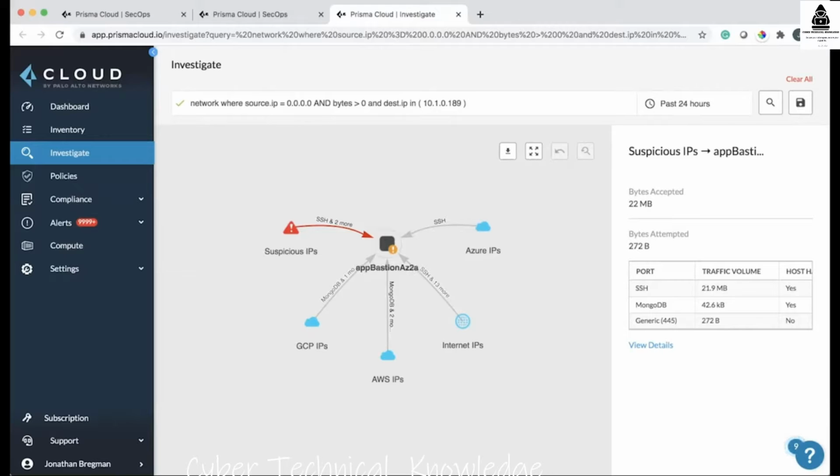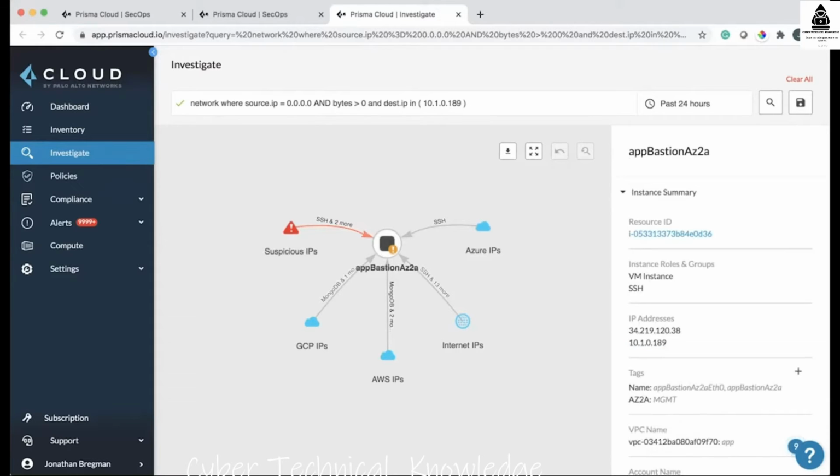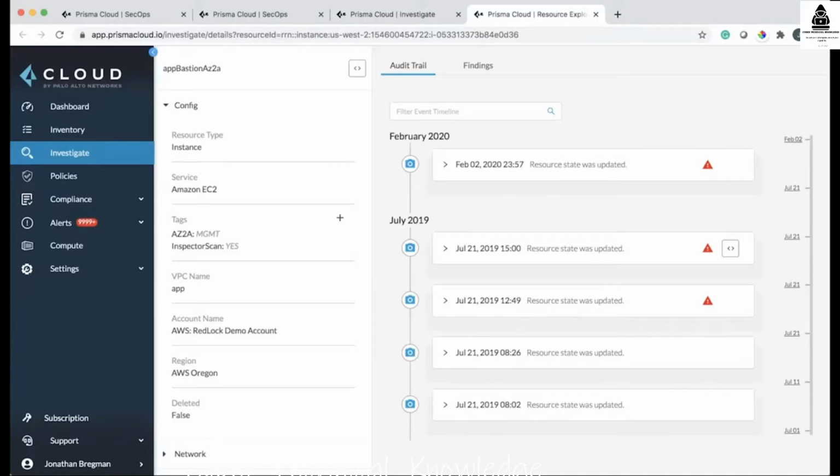Now, knowing that a resource is potentially misconfigured is very valuable information. Knowing that due to a misconfiguration, the resource is accepting traffic from a known suspicious IP address is even more valuable. But perhaps at this point, we want to know, well, how did this problem first get introduced into the environment to begin with? By clicking on the resource ID, we're able to dig a little bit deeper, and Prisma